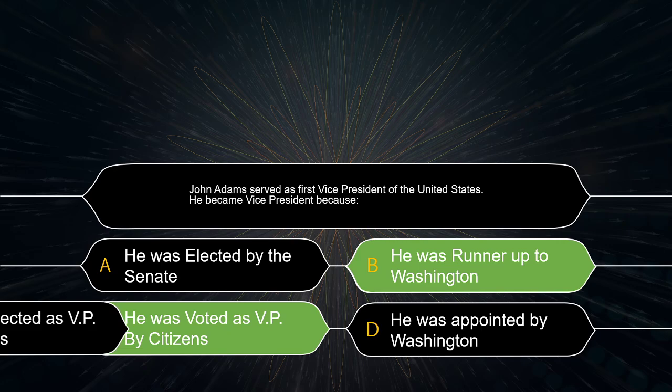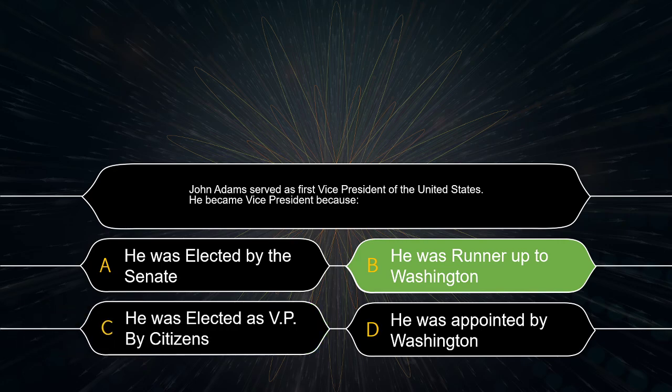Voted on as VP, runner-up? No, because remember I said he ran for the office of president. He was not elected as vice president. He actually ran for the office of president, and prior to the 12th Amendment, the runner-up in the presidential election would become the vice president of the United States. Therefore, no election was held for the vice president, and he was not elected vice president by the citizens. Instead, he was elected for the office of president. He was just the second place vote getter.